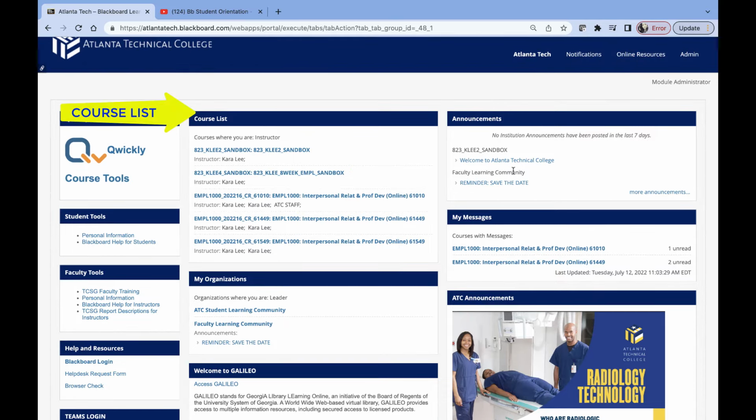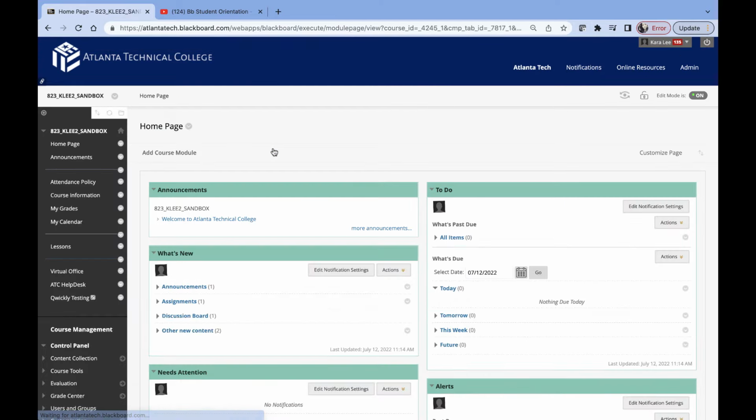Next, let's take a look at how to access a course. In order to access a course, go to your course list, locate the course that you want to enter, and select the link. Once you select the link, Blackboard will begin to